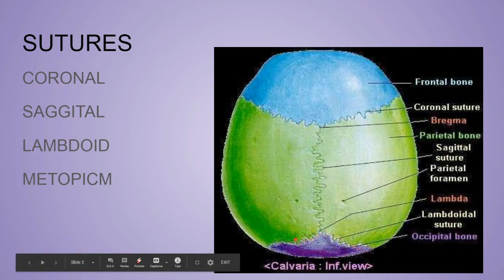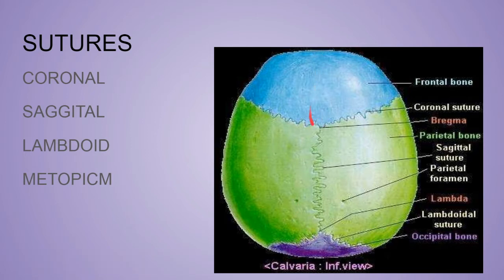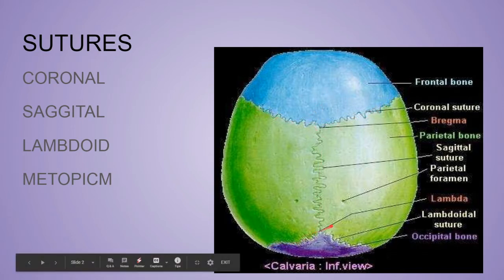And there is one more suture known as the metopic suture. Okay, what is this? The metopic suture is present over here in the frontal bone, and it divides the frontal bone into two parts. It is occasionally present, in about 3 to 8% of individuals only. Mainly it lies in the median plane and separates the two halves of the frontal bone. Normally it fuses at 6 years of age, but in some persons it may persist even after 6 years, and it is present in around 3 to 8% of individuals. This is the metopic suture. So 4 sutures: coronal, sagittal, lambdoid, and the metopic in some people.